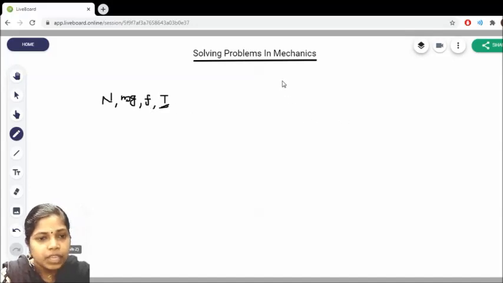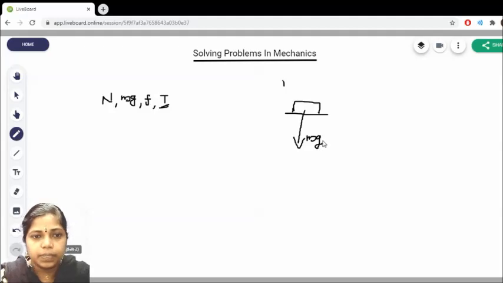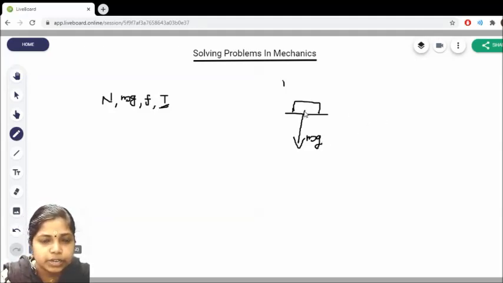For example, take an object resting on a table. The weight of an object is always acting downward, and the normal reaction is always acting perpendicular to the